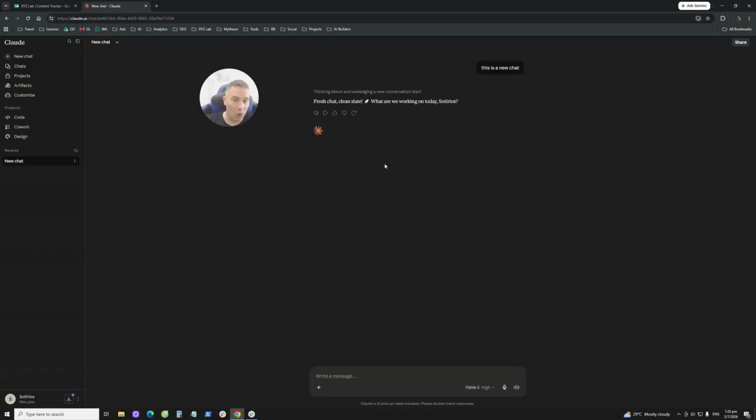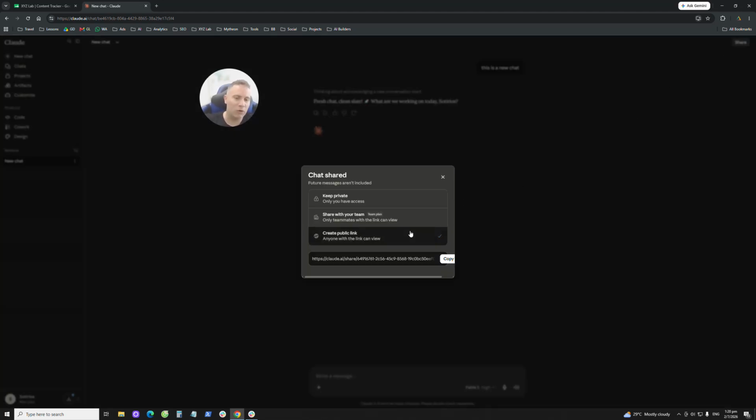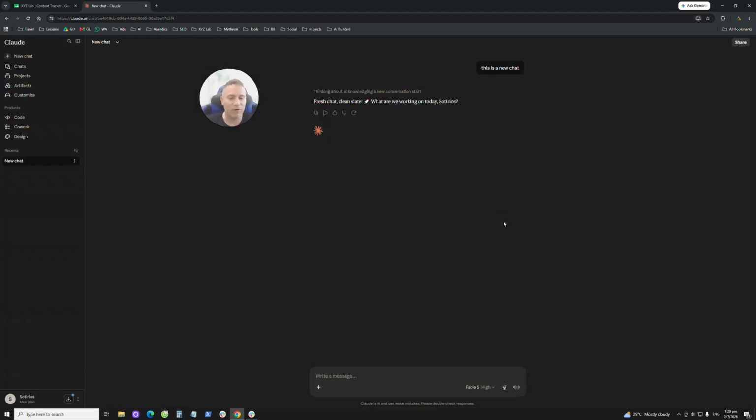If you are on mobile, then you are going to see the share button under your chat where you see these icons. There's going to be a share button and you will be able to do the same thing. Basically, you're going to have the same options. You can create a public link, you can copy this link, you can share it with your friends and family,